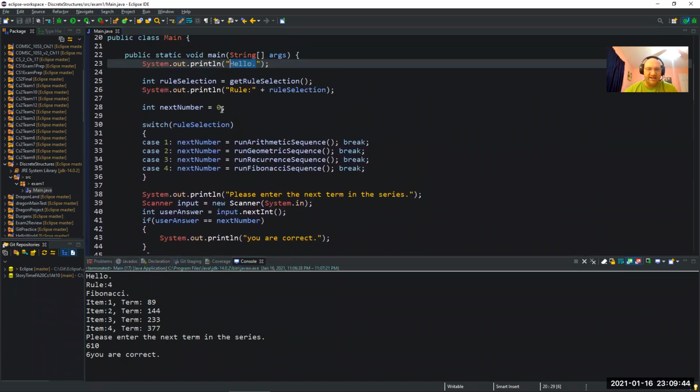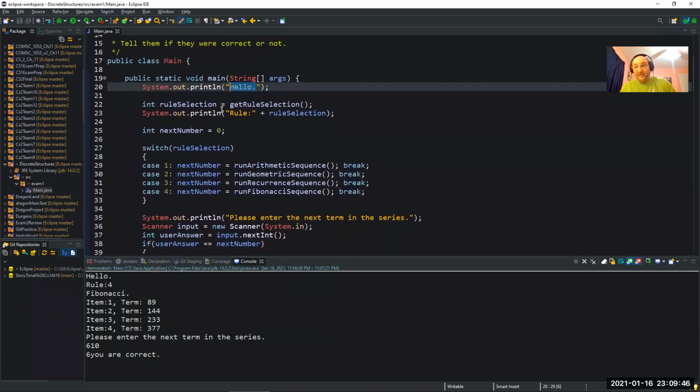So once we've got that, I used a switch statement. You could do if statements. You could say, if my rule is 1, then do this, else if rule is 2, do this, else if rule is 3, do this. I just like the switch statement because it's